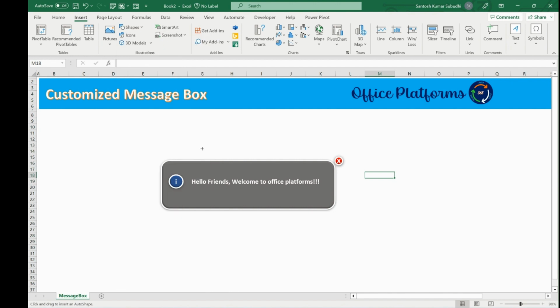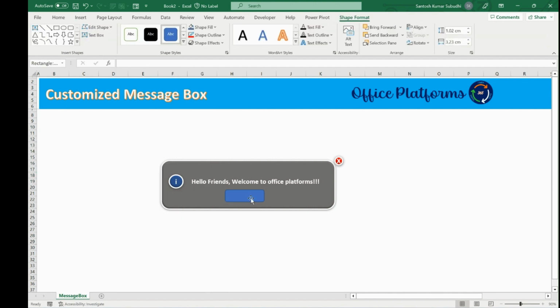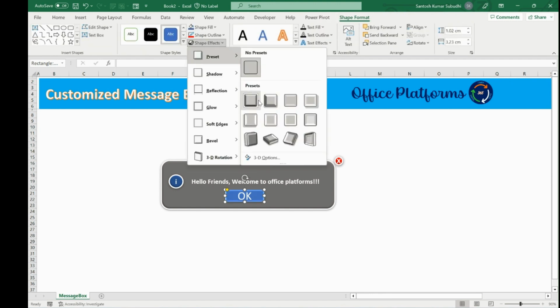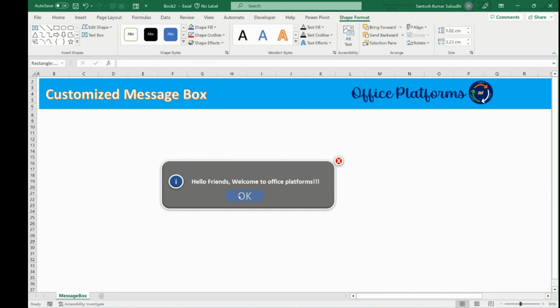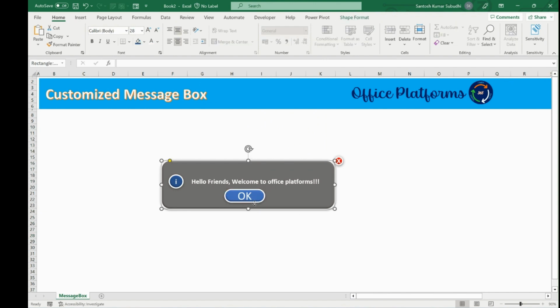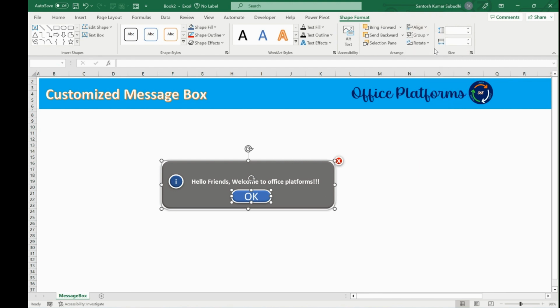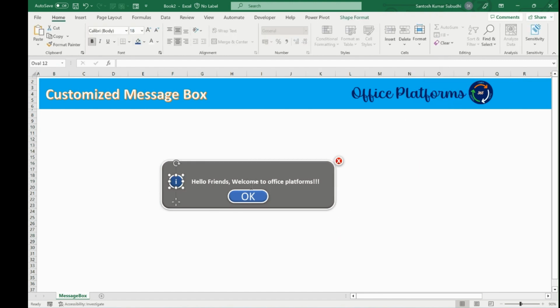Shapes, button. Here, let us center align it again. And even give this effect also, and give it a rounded one. Perfect. This one and this one. Let us center align it. Align, center. Perfect. Now let us group all these shapes into one,